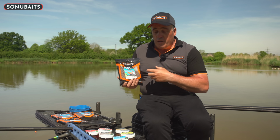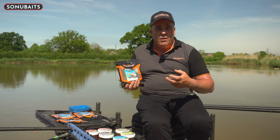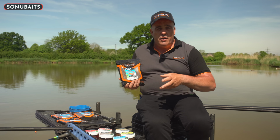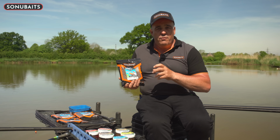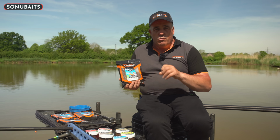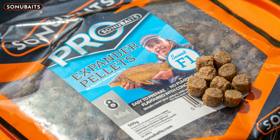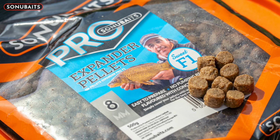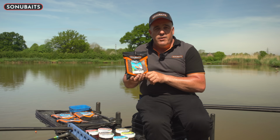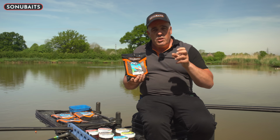So these, if anybody doesn't know about Pro expanders, they're as easy as putting them in water. You can do them overnight, you can do them in the morning before you go fishing, and it makes the perfect expander. Again, same size as what we already do in the originals, 2, 4, 6 and 8. Just a great addition to that range of pellets. But let's head back over to Jamie Hughes, because he's going to talk us through all the new sticky pellets